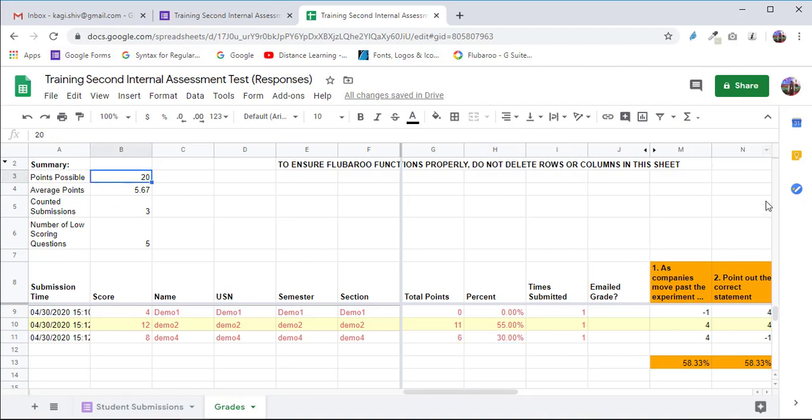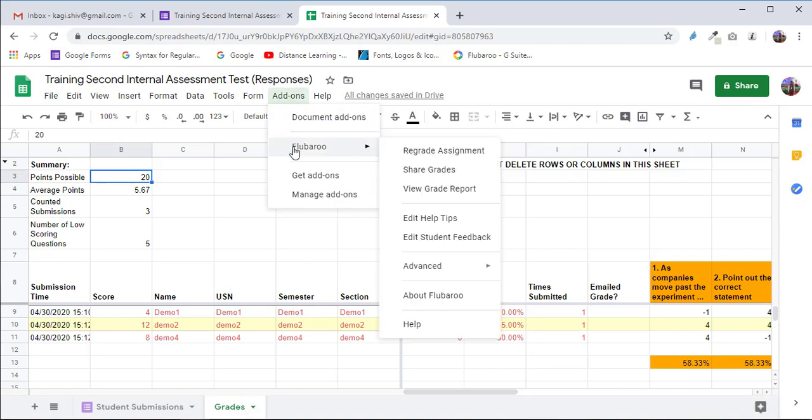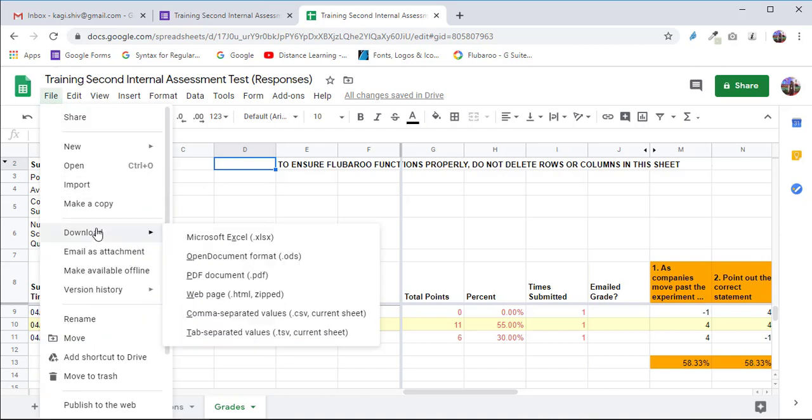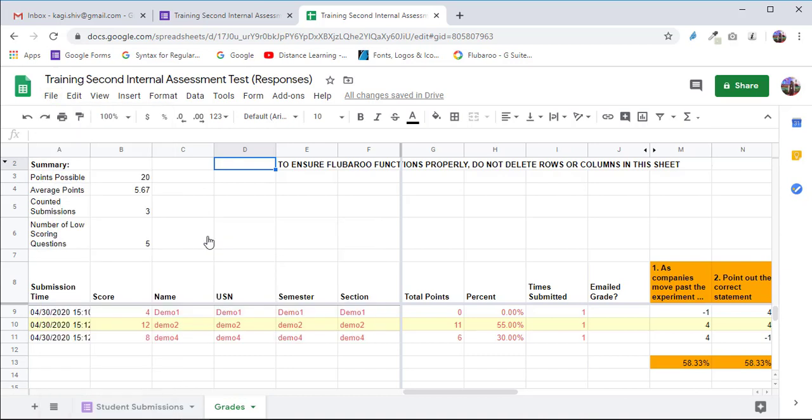So this is how we are generating the grade sheet using the Flubaroo add-on, and we are allocating negative marks for wrong answers, 0 marks for unanswered questions, and 4 marks for the correct answer. Once this sheet is generated, you have to go to the file section and download it.